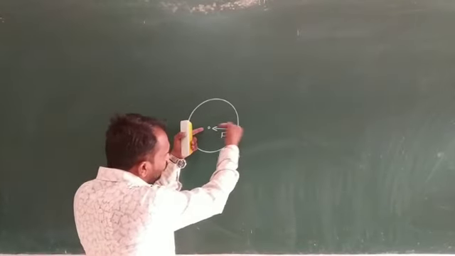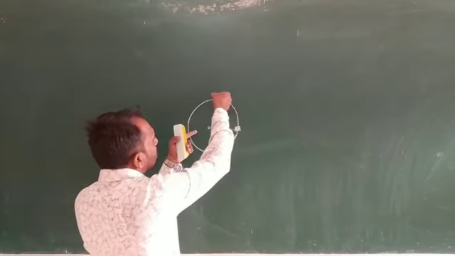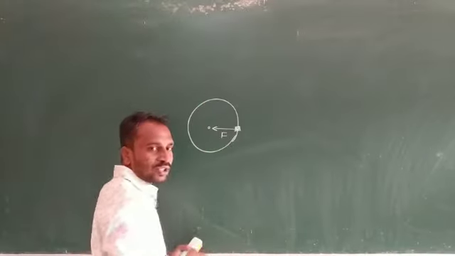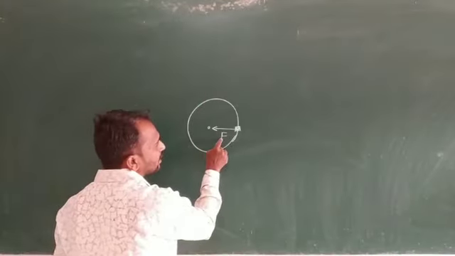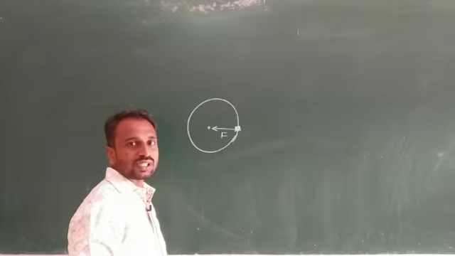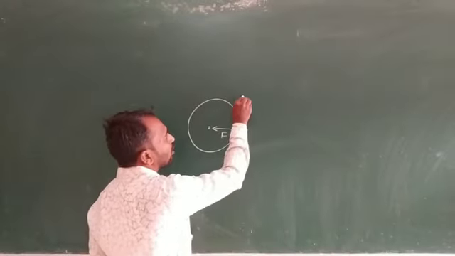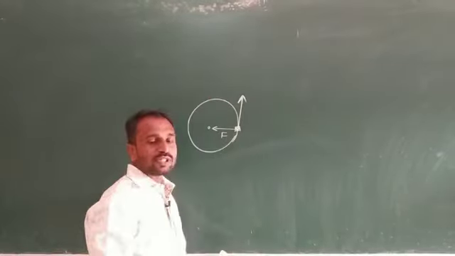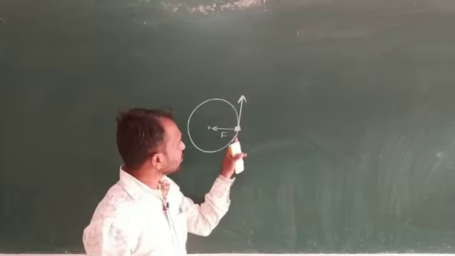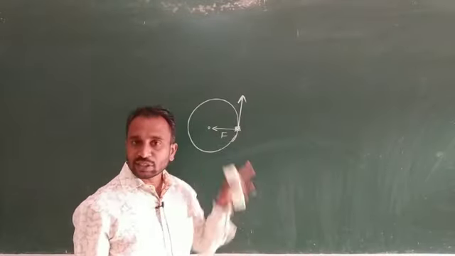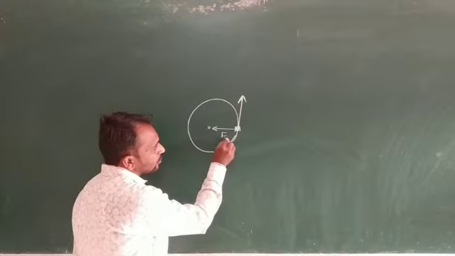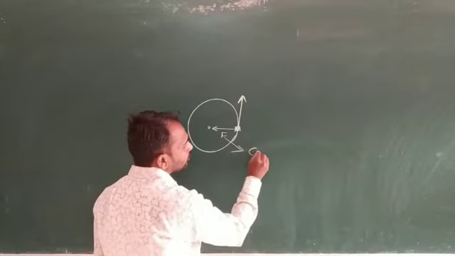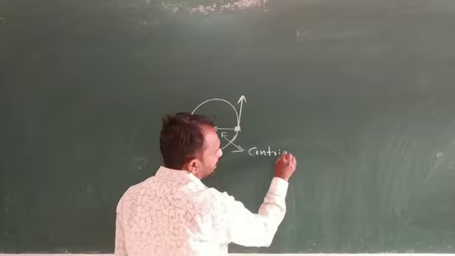With the presence of this centripetal force, the object travels along a circular path. Without the centripetal force, the object travels along a straight line. It means we get a streamline, a straight line, a translatory motion. So this force we call the centripetal